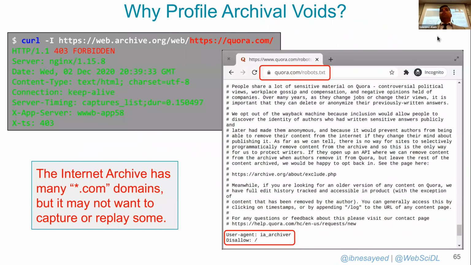One would argue that if we know what an archive holds, then we know everything else they don't hold, right? And that's true. However, the whole point of profiling is to have a summary, which is a shorter version of it. So rather than listing all the URLs, you can just say, hey, I have enough copies of .coms. Now there will be certain sections. In this case, Internet Archive has a lot of .coms, but they don't serve Quora URLs